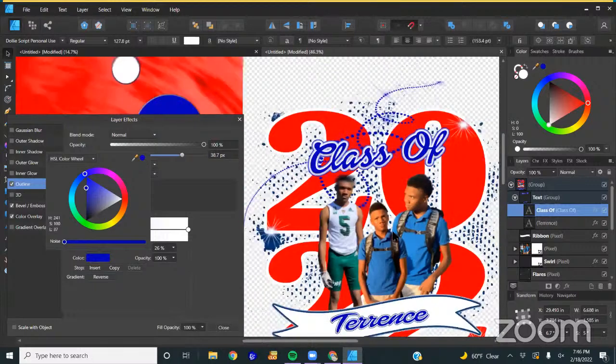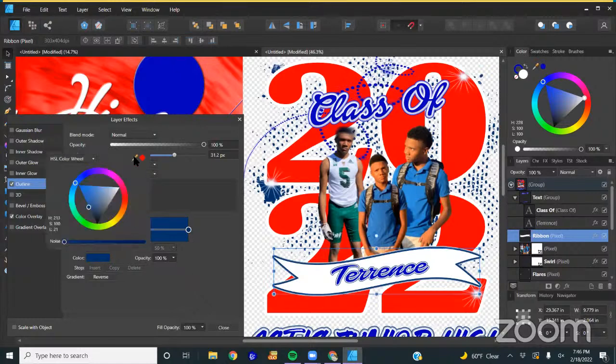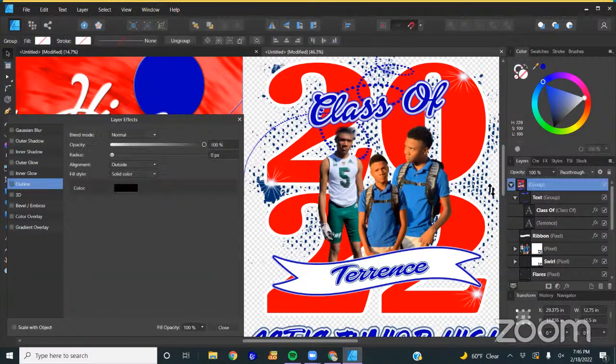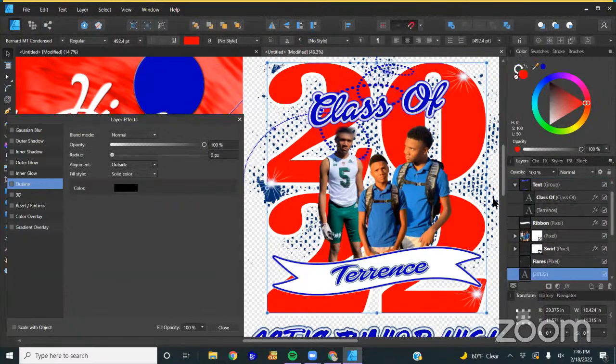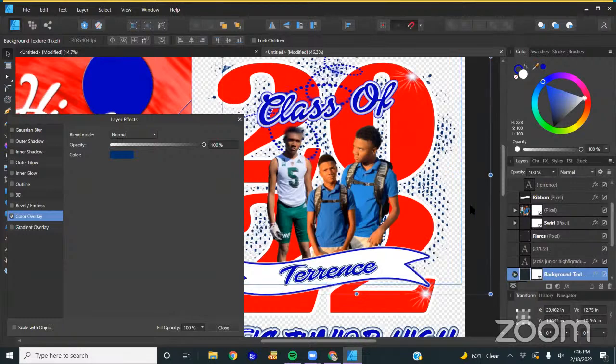And all right, let me change the rest of these layers and then we're gonna be done. So the ribbon also has a gradient. Change that. And this background piece, which is this.